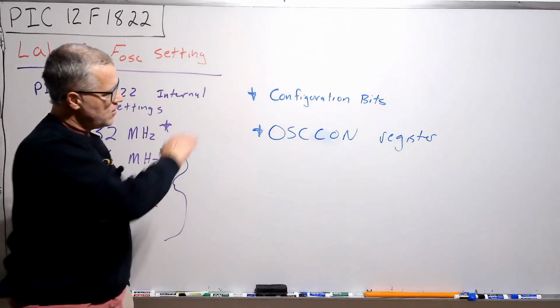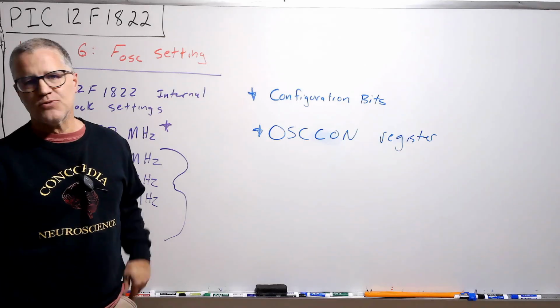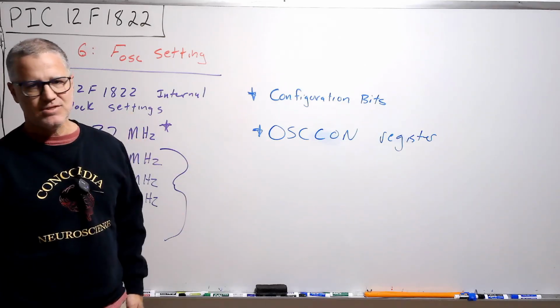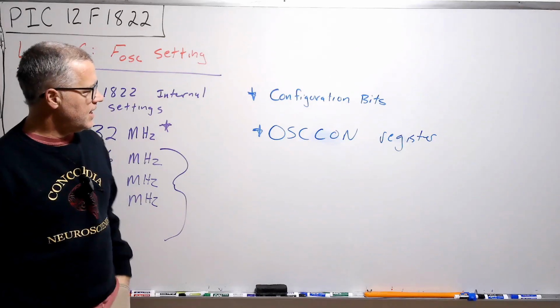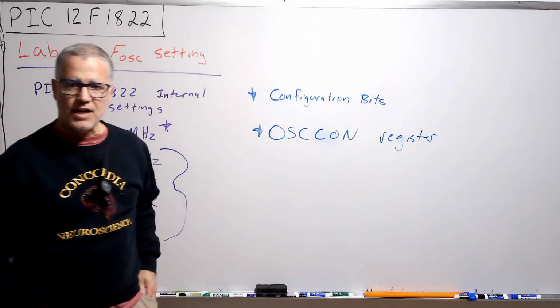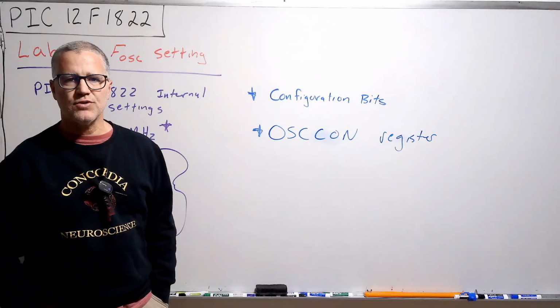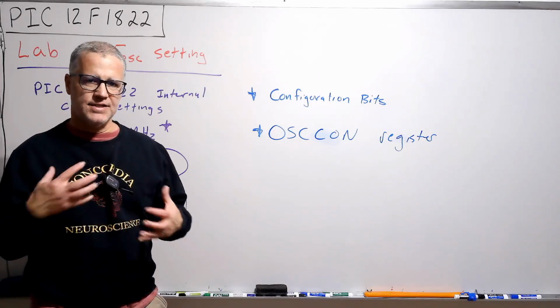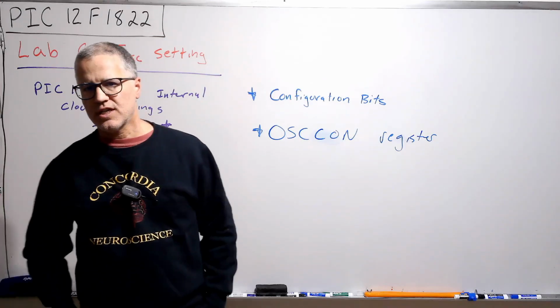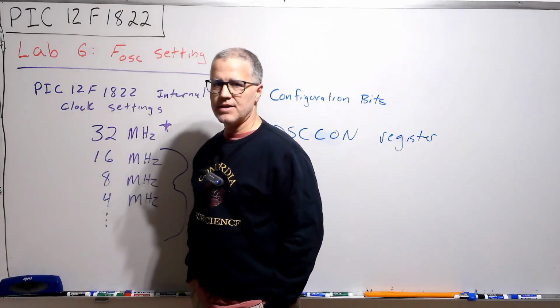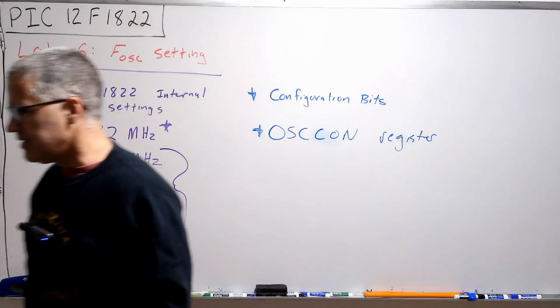It'll help us think about the configuration bits, which we usually just copy and never deal with again, and the OSCCON register. So we'll work through that a little bit and kind of see how we can control the clock speed on this PIC. All right, let's